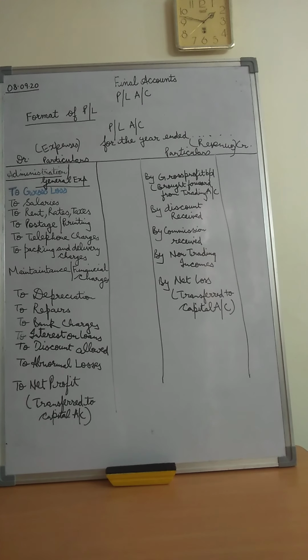Now what else does the debit side have? The debit side also has the selling and distribution expenses. These expenses, children, are incurred by the business for promoting the sales and on distribution of goods sold. Now what all does it include? It includes, children, advertising, godown rent, storage expenses, carriage outward, salaries of sales staff, commission on sales, brokerage, packaging and delivery charges.